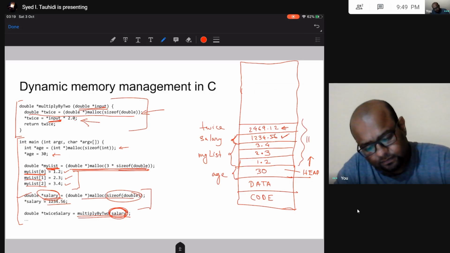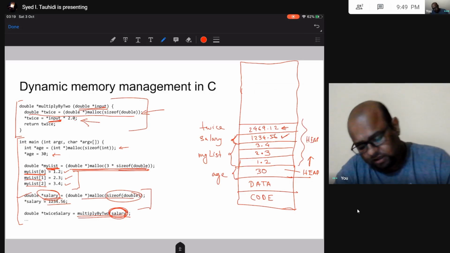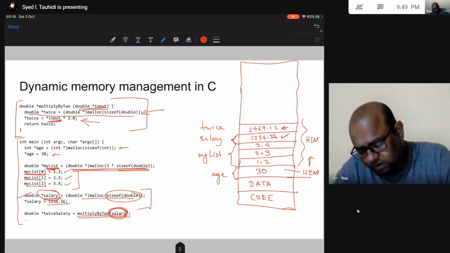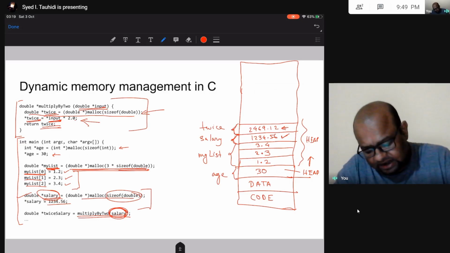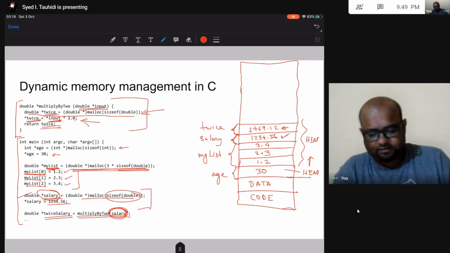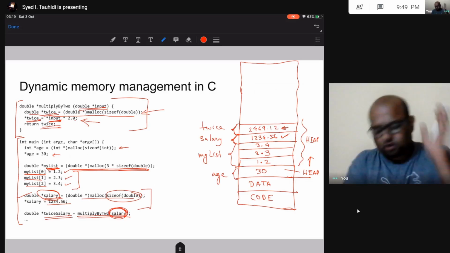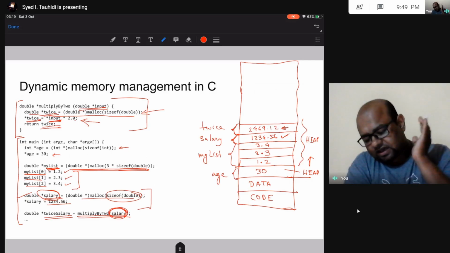So then what do? I return this twice. This twice is the address of this thing. Okay, this address is now returned, and that I am storing in twice salary. Now here is my question: what is going to be there in stack?